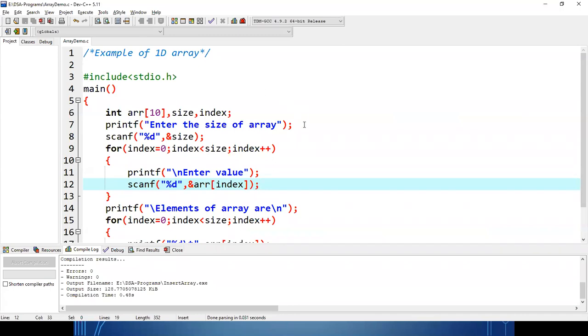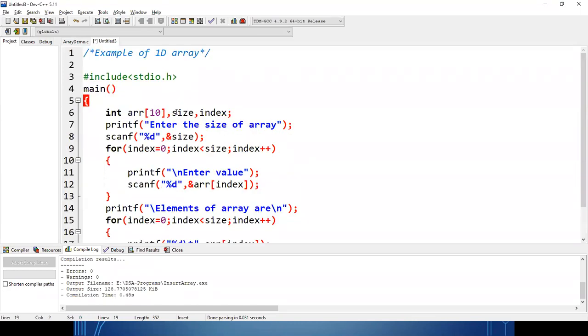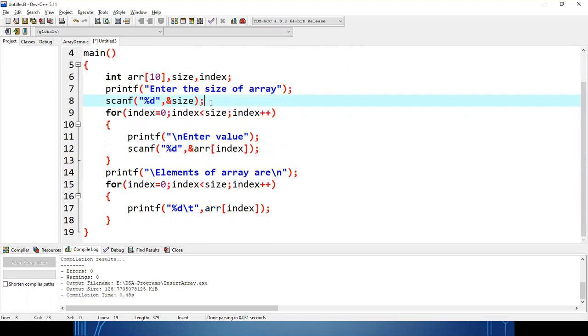This is the simple example that we wrote while implementing the 1D array. This code will help us while deleting one element from the array. Here again we are declaring the array and declaring the size. We are taking the input for size. We all know why we are declaring the size variable. According to the value of the size variable, we take the input to the array.